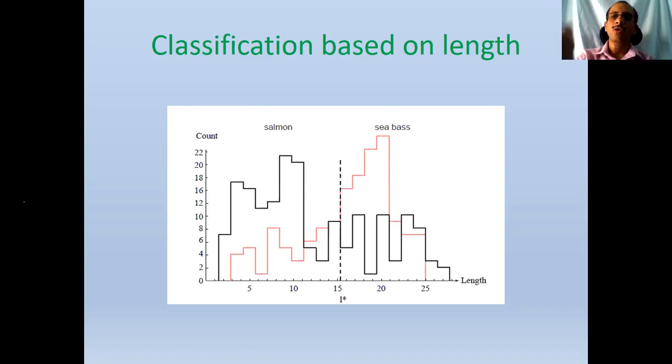P of X is the count, or the frequency, normalized count. But I'm measuring only for a given class. So I say P of X given omega 1, because I can't count the frequency for every class sample, all samples. Only among the class 1 samples, what is the frequency at a given feature value, or random variable X? Is this clear? I will discuss this in more detail because it is very important. This forms the basis for all the statistical pattern recognition methods, and Bayesian classification is mostly based on this.